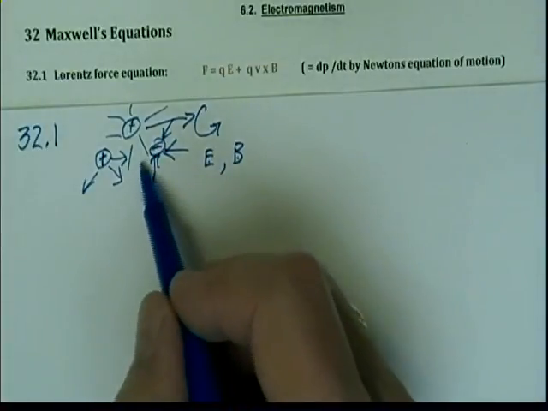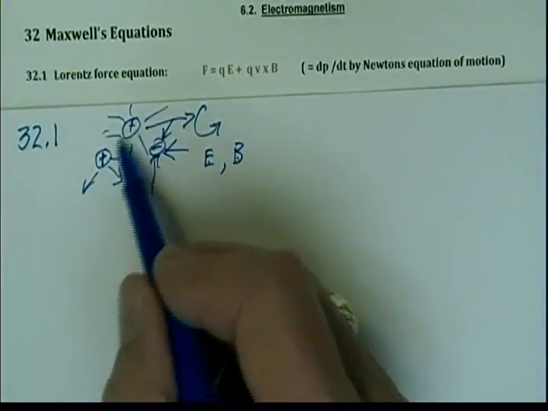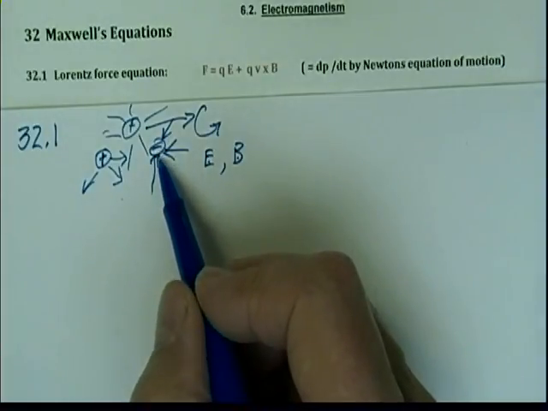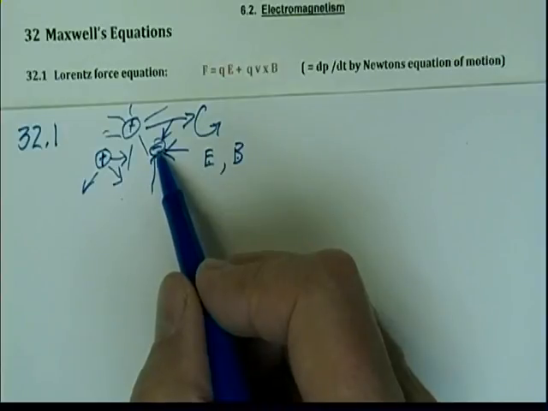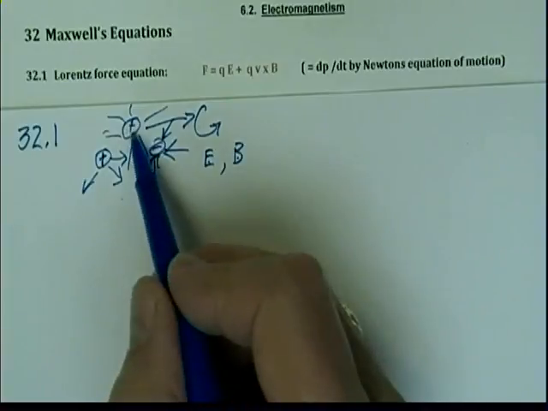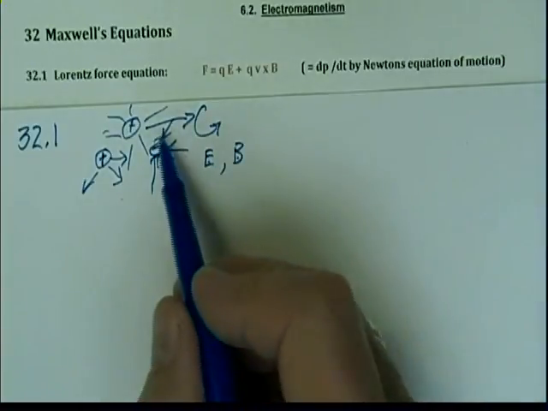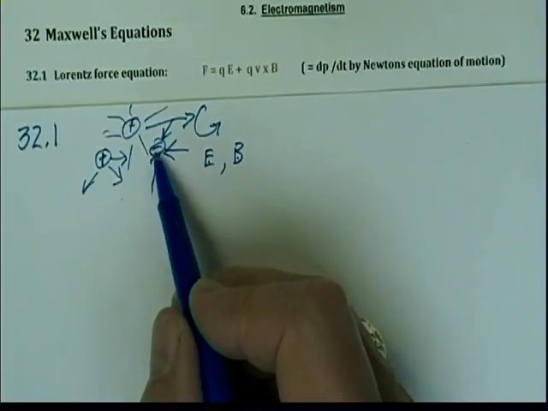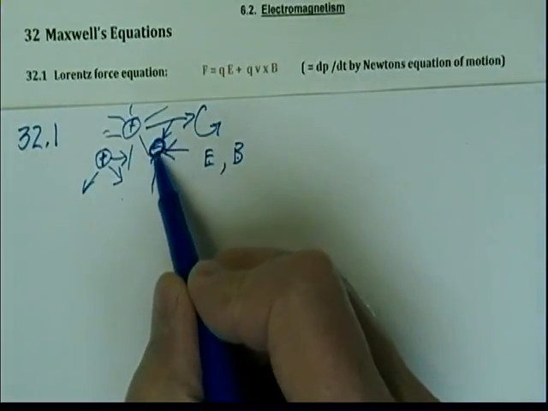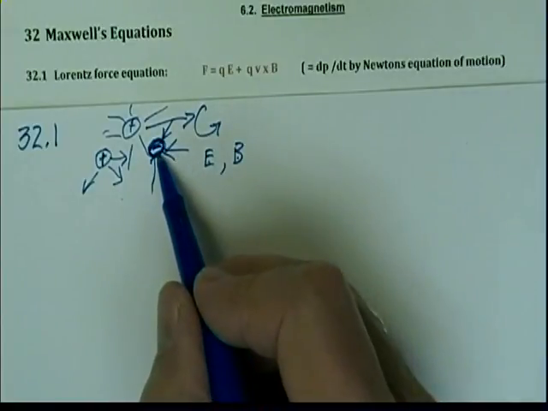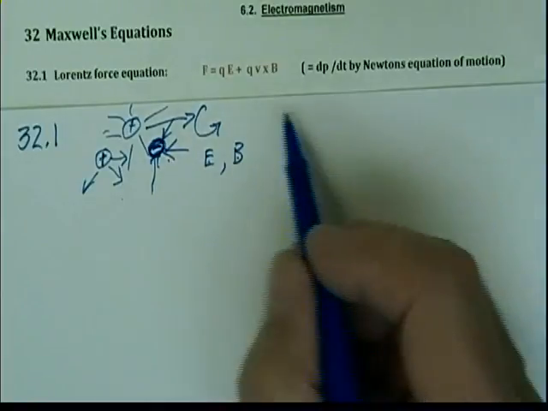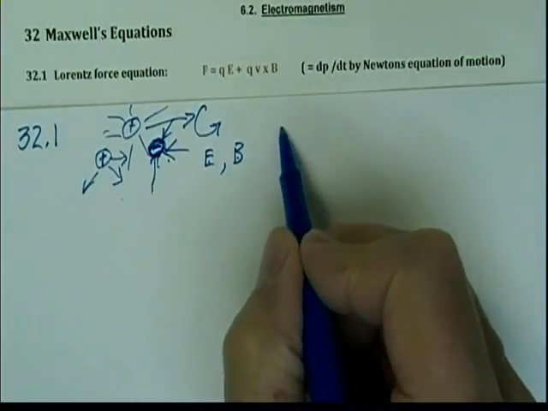These electric and magnetic fields permeate the space and act upon the other charges. The electric and magnetic field generated by a charge do not act back on that same charge again. However, they do act on other charges. So what we do is we break the problem up into 2 parts. The first part is, if we know for a given particle, like here's the negative charge right here, what the electric and magnetic fields are from other charges at that point, then we can write the force on that particle